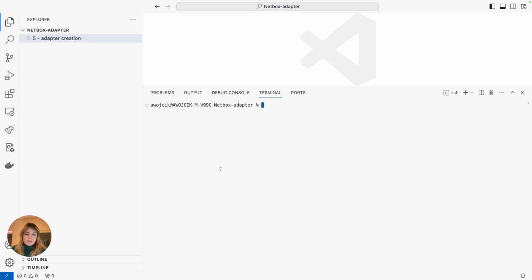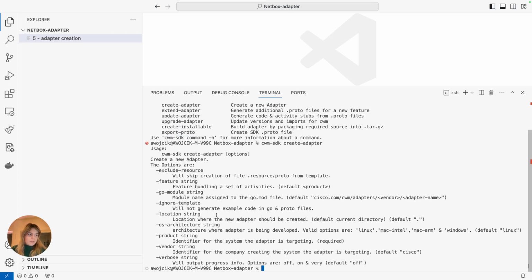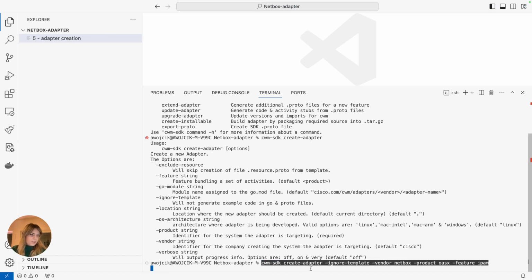I'll start with calling CWM SDK and see what I can do there. It shows us many options. What is interesting for us right now is we want to create our adapter. So I issue this command and see other options that are available that I should provide when I want to create a new adapter. And since I want to generate an adapter for NetBox, I will provide the vendor name as NetBox,